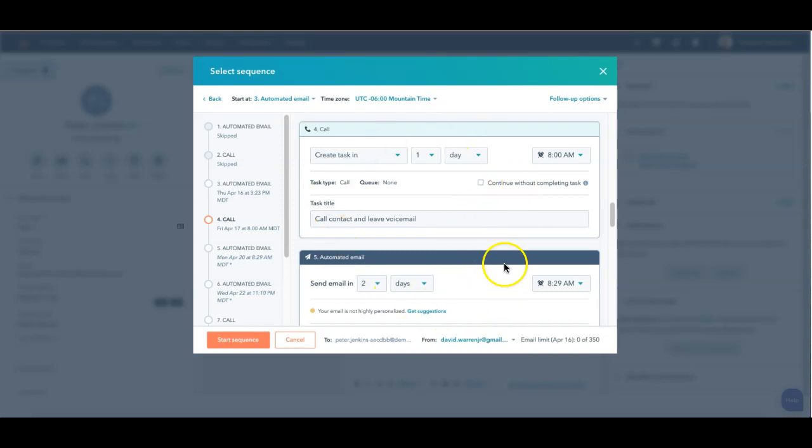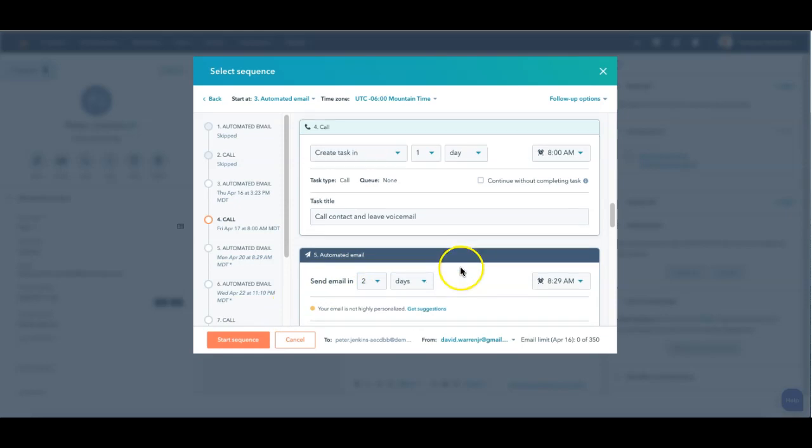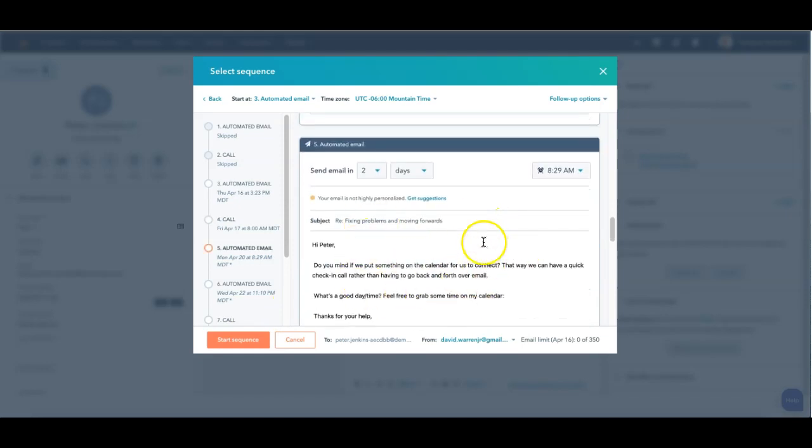Now that I've got everything ready, I can put it together and I can start the sequence. Once the sequence starts, it can't be changed, meaning that I can't go in and edit the emails or even the templates for what's going out. It will just send what I've already created here as the standard email. Now that I've started that sequence,